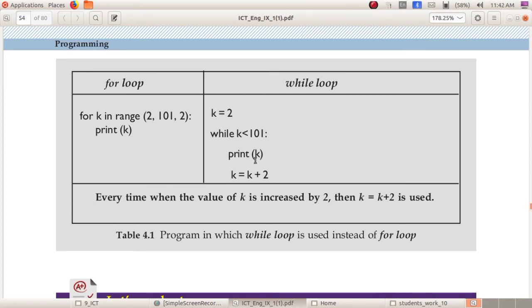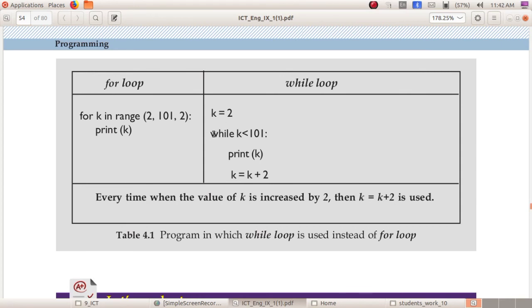So the computer will print, yes, 4. Next, 4 plus 2, 6. So the computer will check 6 less than 101. Yes, that is correct. 6 is less than 101. Then the computer will print 6. Okay. Next, k equal to 6 plus 2. What is 6 plus 2? 8.